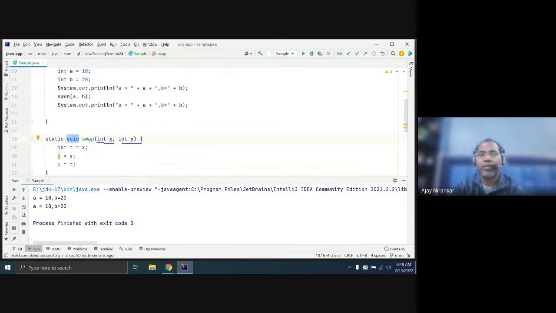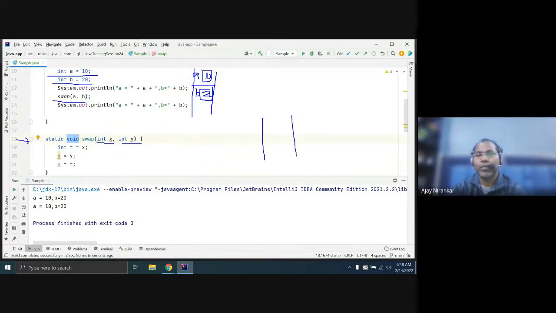This is your main method. The main method has two primitive variables, a and b. Variable a holds the value 10, and variable b holds the value 20. You call swap. Whenever swap is called, a new stack is created for the swap method.